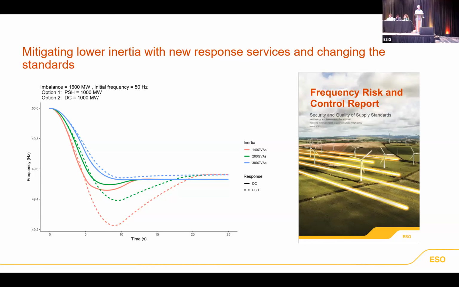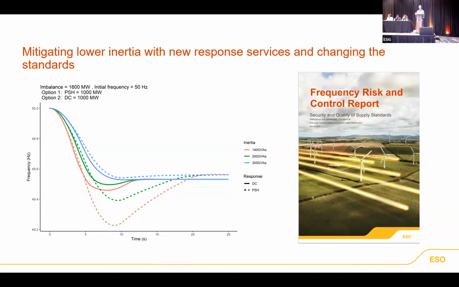So our new product that went live this year is dynamic moderation, which is a pre-fault product. And what that is, it's a whole bunch of batteries trying to keep the frequency very close to 50 hertz, keeping a very tight tolerance. So you always know now, when you have your fault, when you have the loss of your largest infeed, you know the frequency was close to 50 hertz. Therefore, you're not having to worry about starting your frequency loss from 49.8. Therefore, you can carry less dynamic containment and less frequency response. So the new products using the fast-acting IBRs that we've just been talking about really give us new tools and new ways of thinking about how you manage the system.